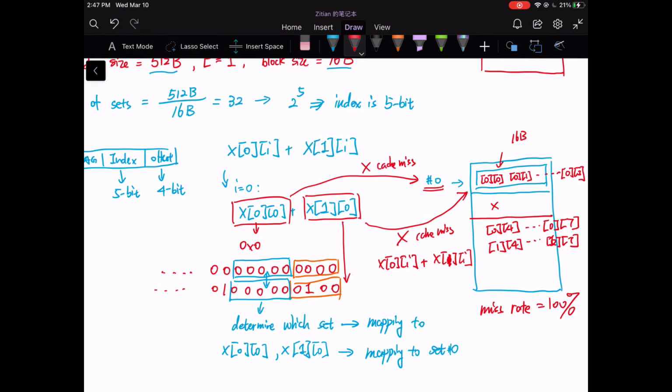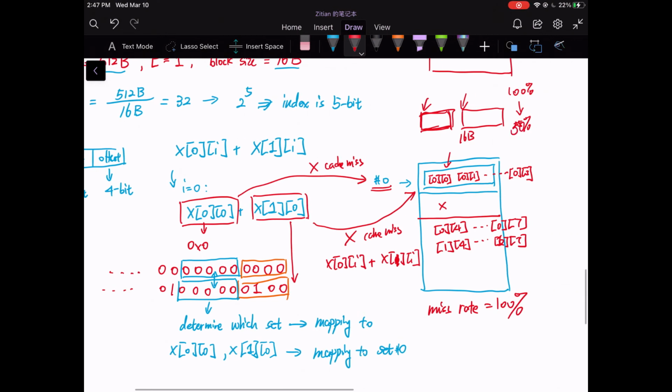Then how do we improve this? There's one way to improve it, which is to increase associativity inside one set. Instead of using just one line, we can replace it with 2 lines. If we have 2 lines, then we can reduce the cache miss rate from 100% to 25%. How? When we access 00, we get a cache miss at the beginning, then we load up the data, and we get a cache miss from the other, then we load up another new data. Sorry, we reduce it to 50%, because